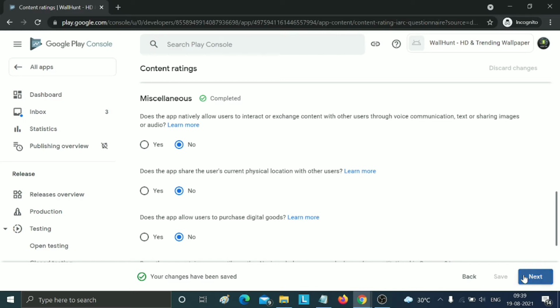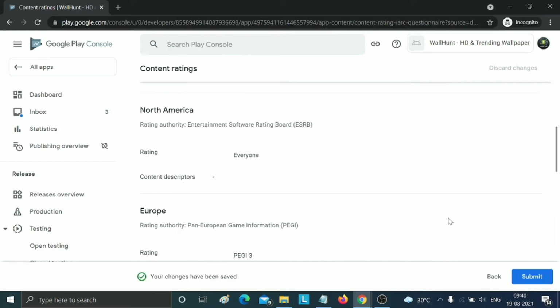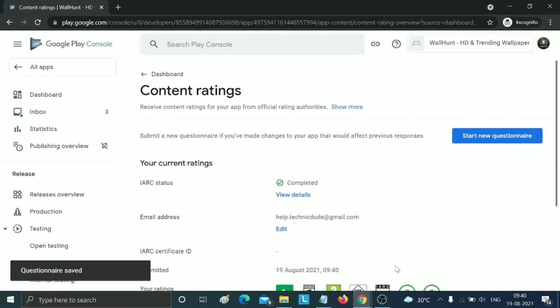Fill it all carefully. Click on next and click on submit. This step is done now, and again just click on dashboard.